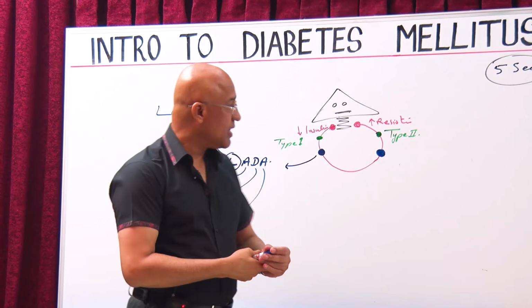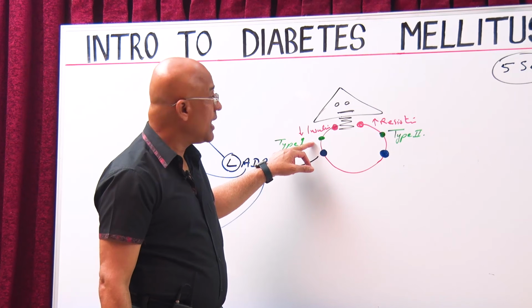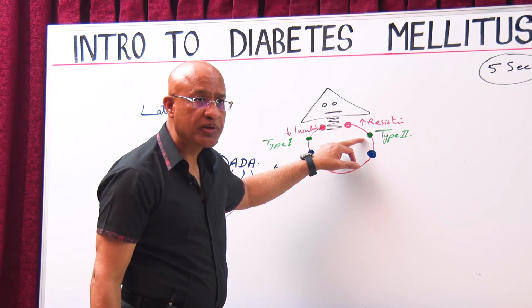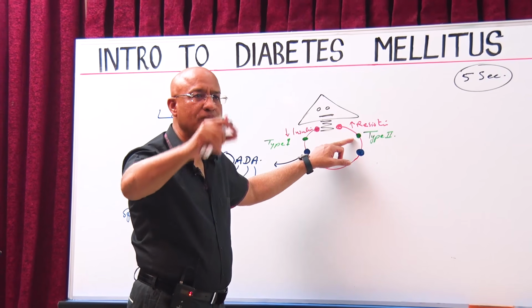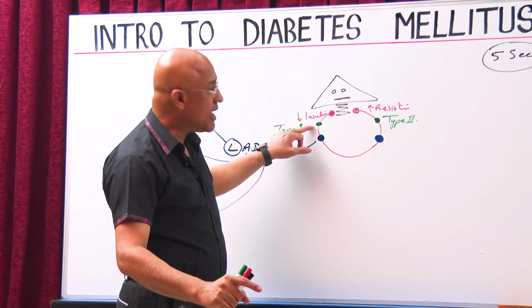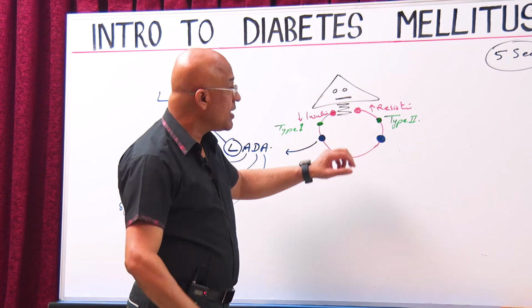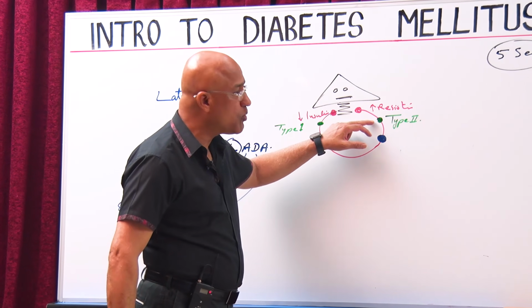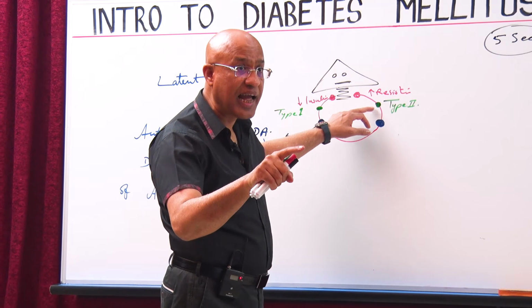Again, type 1 classically develops in younger age. Type 2 classically develops in older age. Everyone knows that. Every good doctor knows type 1 diabetes is at younger age and type 2 is usually at later age. But if someone develops a disease like type 2 diabetes but at younger age,